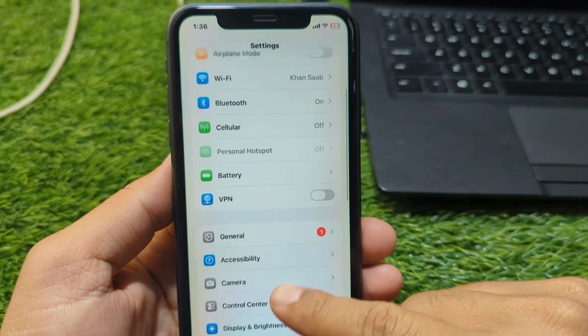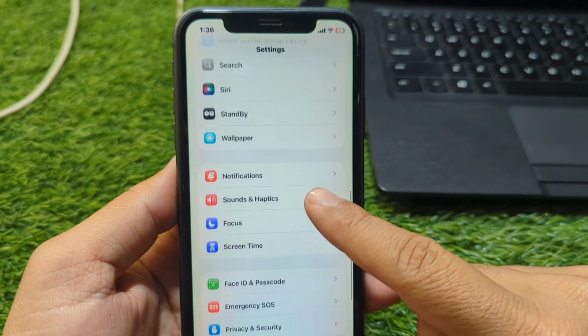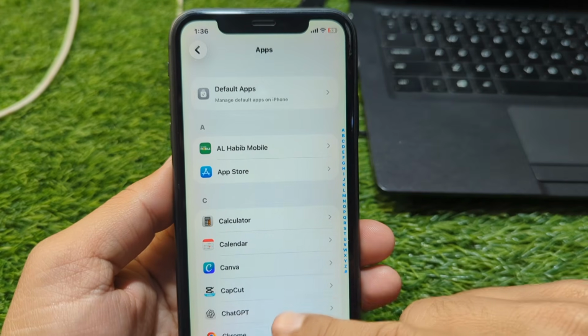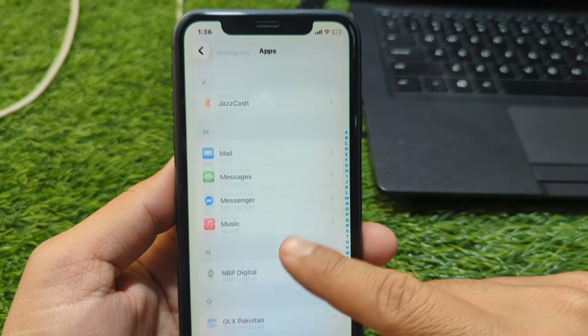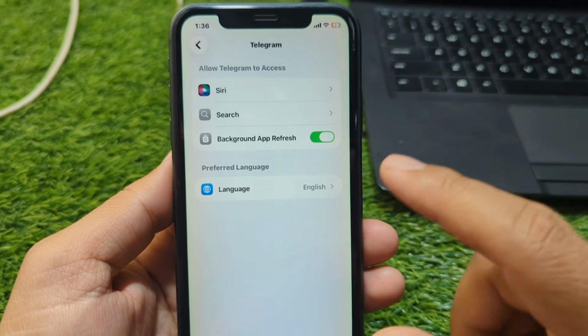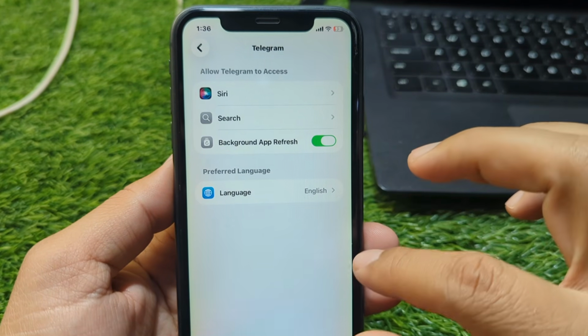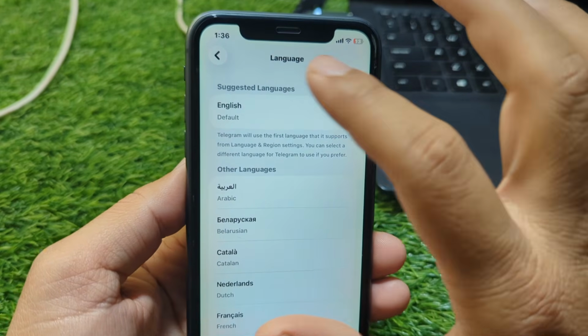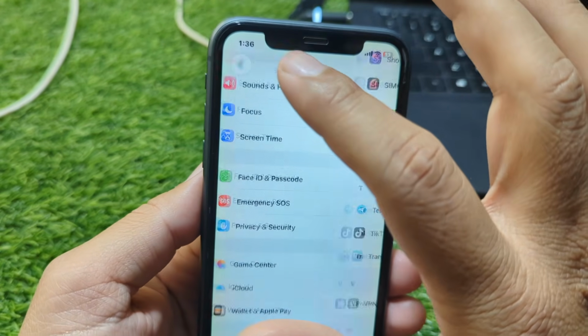And if the problem is still there, then you have to open settings on your device, and from here scroll down, and then you have to simply go to apps and then go to Telegram. Here it is, and from here you have to simply tap on language and select English as the language, and after this go back,